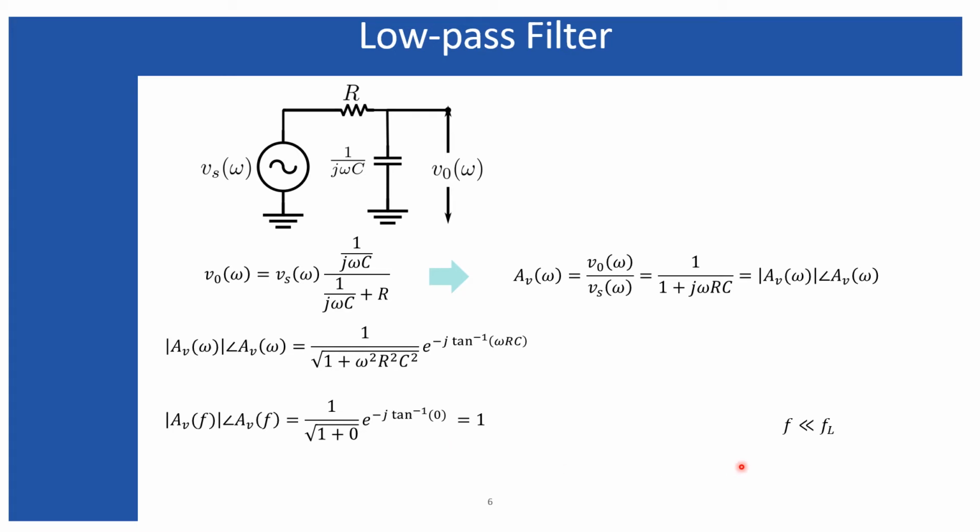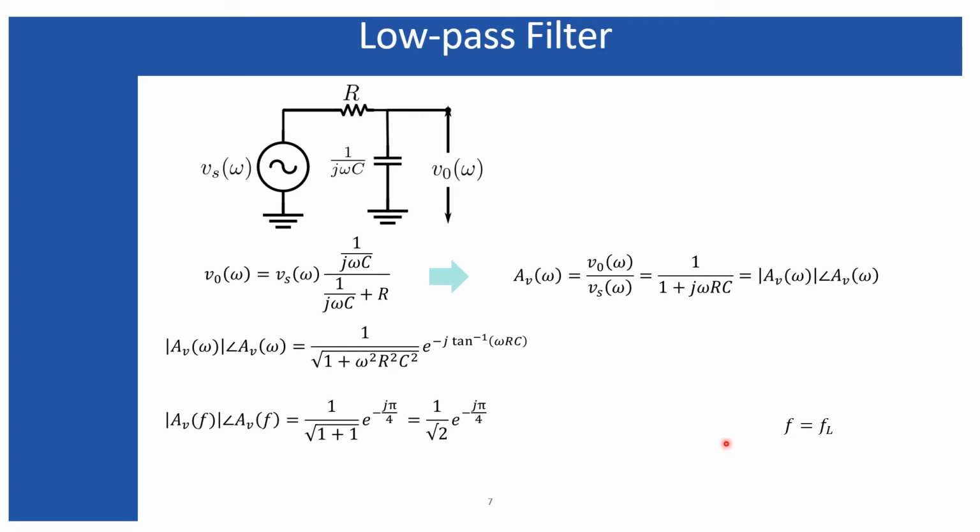Look at here. As I told, I am assuming f is very less than FL, which is the cutoff frequency of this low pass filter, and very less than FL means f is nearer to the zero frequency. That is why I put the limiting value f equals 0, and I have obtained the gain equals 1, and f equals 0 will make this phase angle 0. Next I will examine what will happen when f is equal to FL.